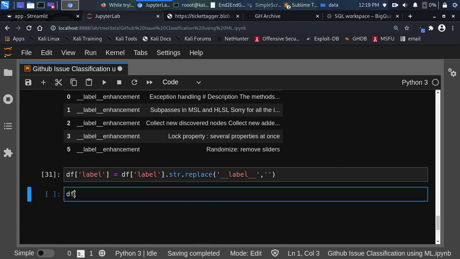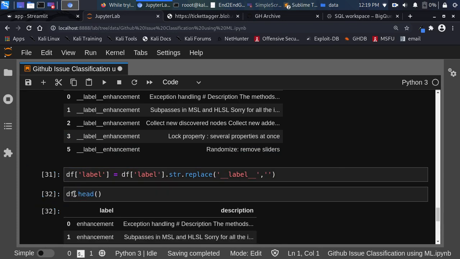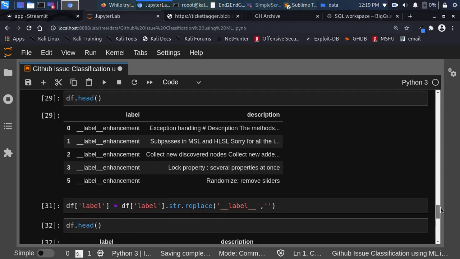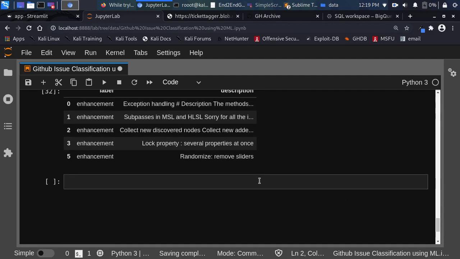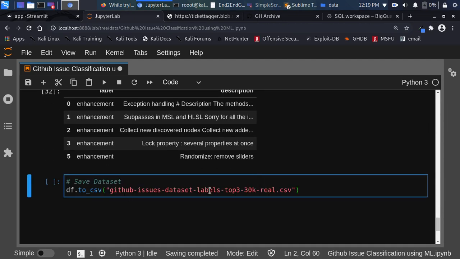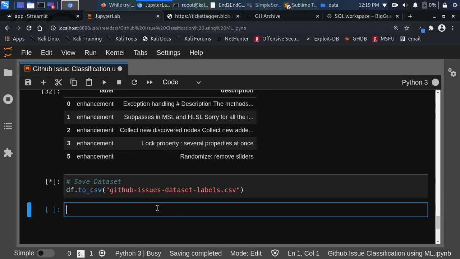Perfect. So if I go back again and check it out, now this is better. Perfect. Okay, so we can actually also save this one too. Let's save it. So it is the best one to save, right? So let's save this one. Let's take out the real. Yep. Okay. Perfect. So let's do some simple